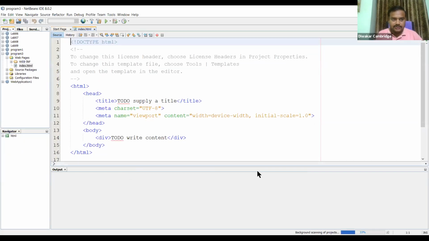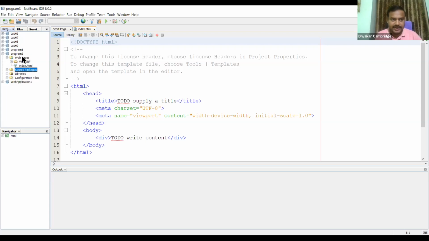Here one web application will be created. The name of the web application is Program 3. This is the structure of the web application. It contains these folders: one is Web Pages, the other is Source Packages.